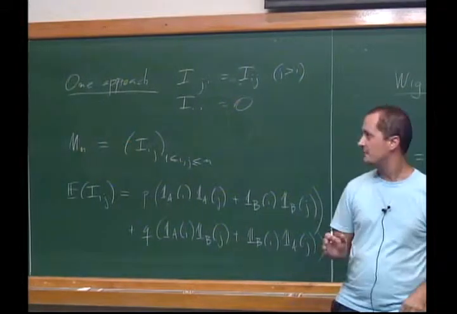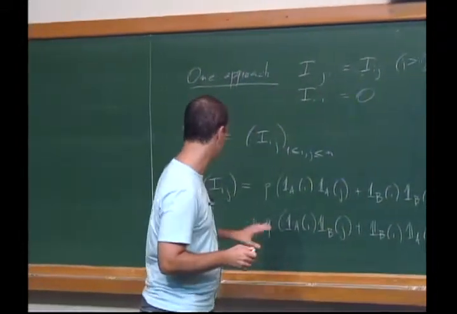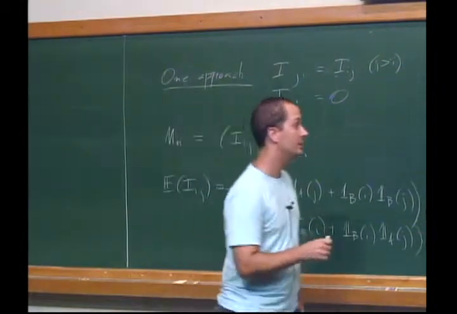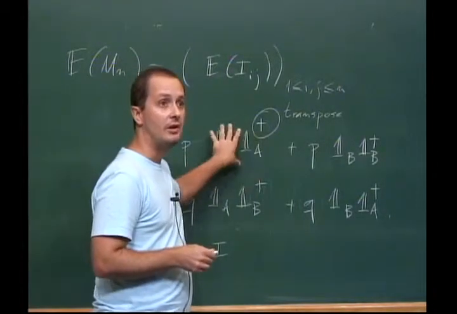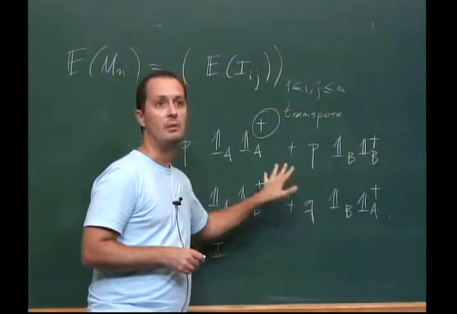But I mean, I'm sort of making it sound very simple. I want to make sure that you all understand what I'm doing here. I'm just saying that if you want to write this thing down in matrix form, you can use these column vectors, and then transposes, which are row vectors, and write this in this compact way.